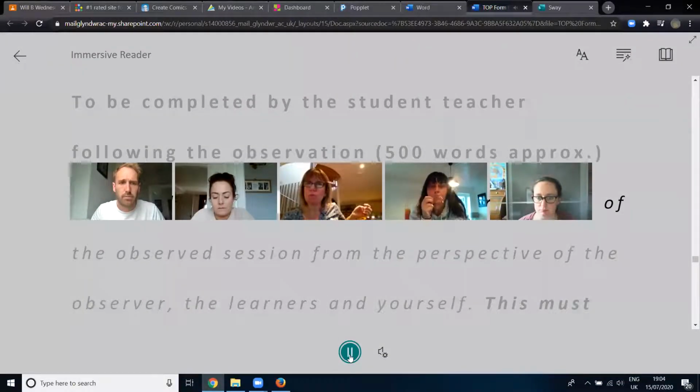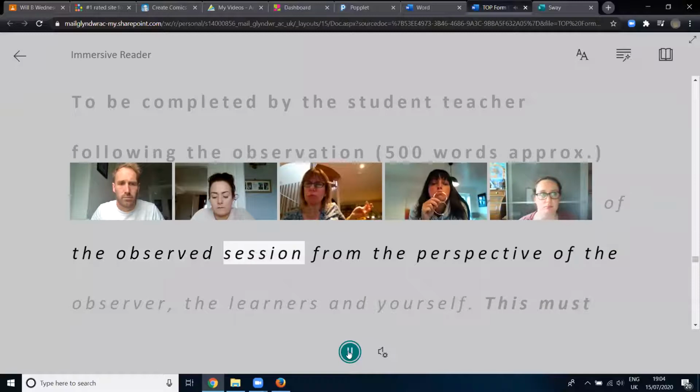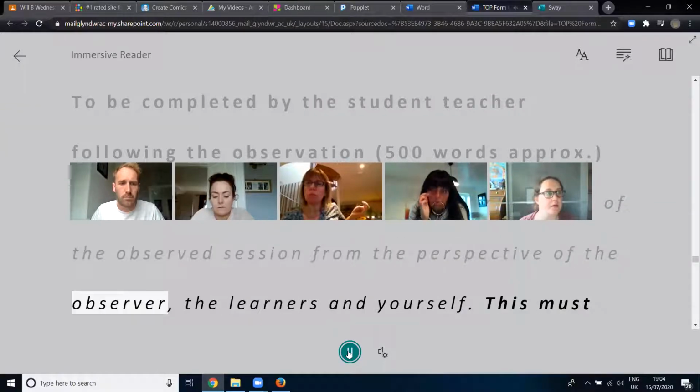Your evaluation should be a critical reflection of the observed session from the perspective of the observer, the learners, and